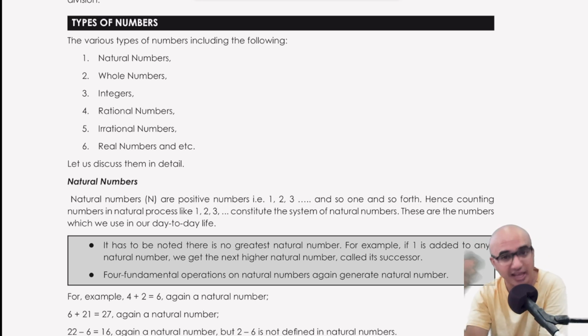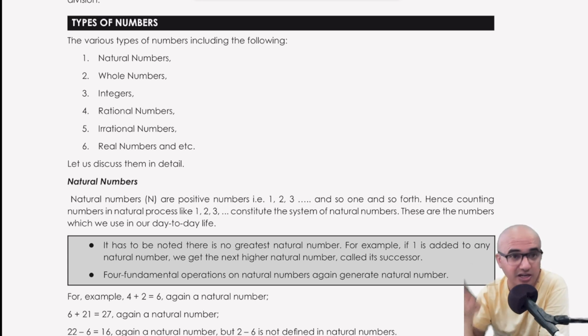So you can think of any number. If you add 1 to that, the natural number will extend, obviously. That's why we say it goes on and on indefinitely. But it starts from 1. Now, why are they referred to as natural numbers? See, if someone asks you, for example, count the number of oranges in the basket, then what would you do? I would be like, okay, 1, 2, 3, 4, 5, 6, 7, 8.